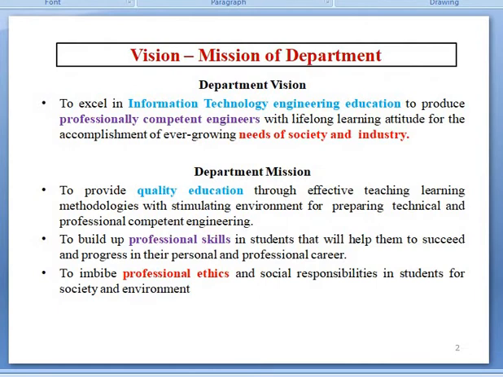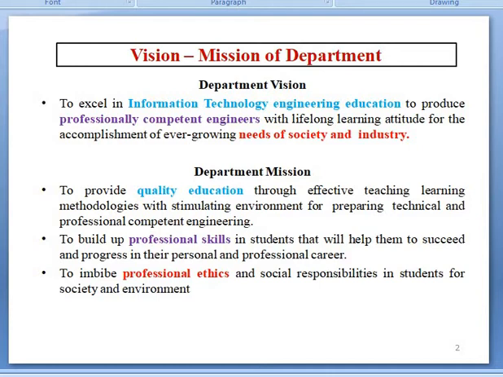Here is the vision and mission of the department. The departmental vision statement is to excel in information technology engineering education, to produce professionally competent engineers with a lifelong learning attitude for the accomplishment of the ever-growing needs of society and industry. The departmental mission has three statements.